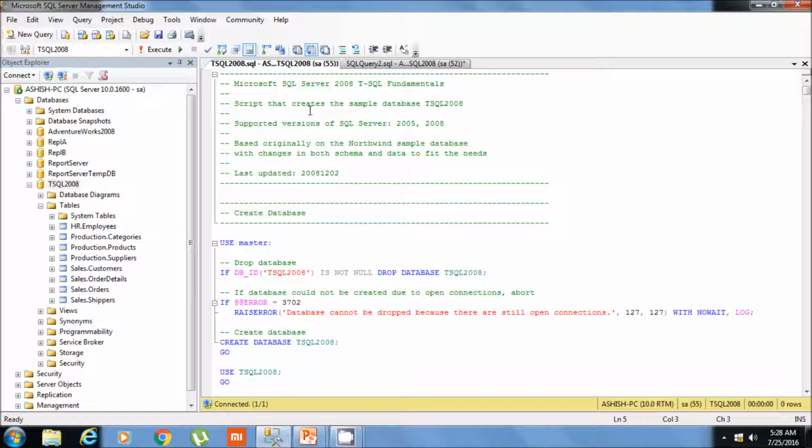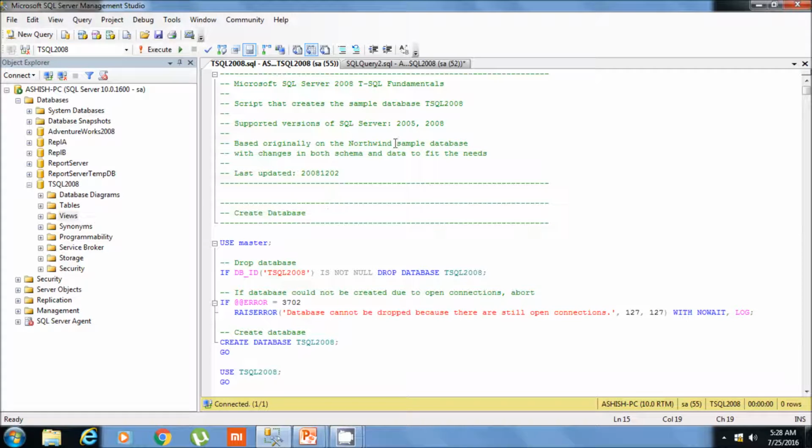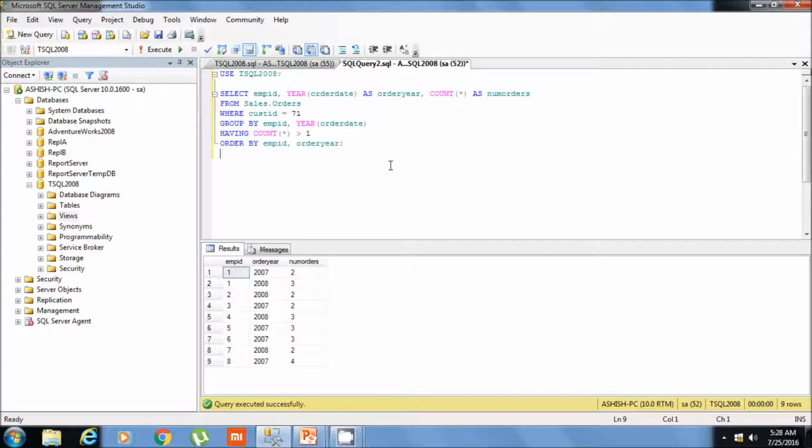I will give the download path at the end of this session. This database will have some tables and some views that I created using this script, and here is the sample query that we will use to explain the order of execution of the SQL select statement.